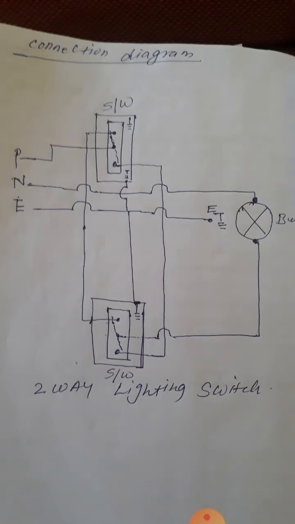So the phase goes directly to the center terminal of the switch, another terminal goes to the first point of the other switch, and the last point goes to the last point of the other switch. And then the bulb's wire comes from the second switch, while the first switch gets its power supply phase from the DB. The last switch's bulb return wire connects to the center, and there is the joining of two loops. We make the loop from switch to switch. Okay, so this is our